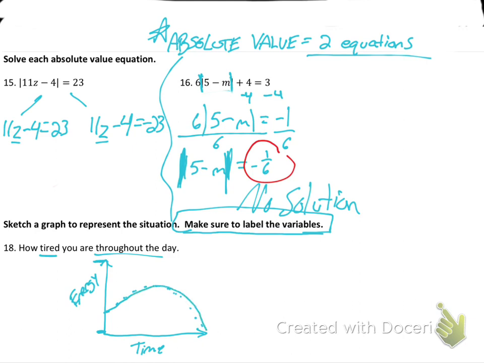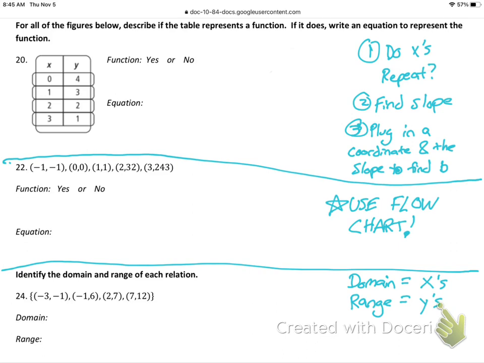Now, one could argue that maybe when you wake up in the morning you're super chipper, because some people are morning people, they start off up here and their energy levels decrease, so it's something like that. Both of those would be acceptable. Just make sure you put in your variables. We'll go on to